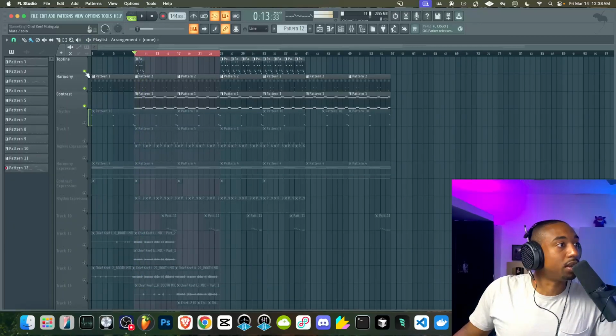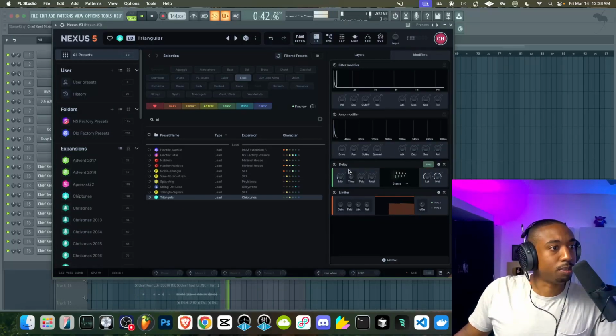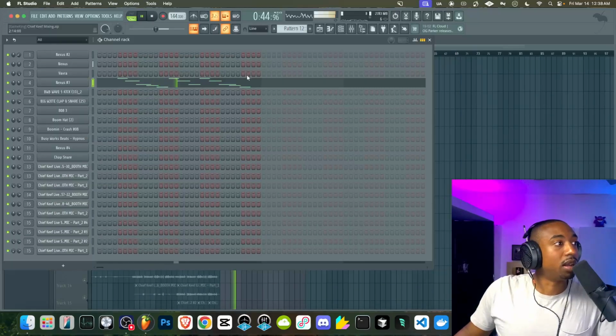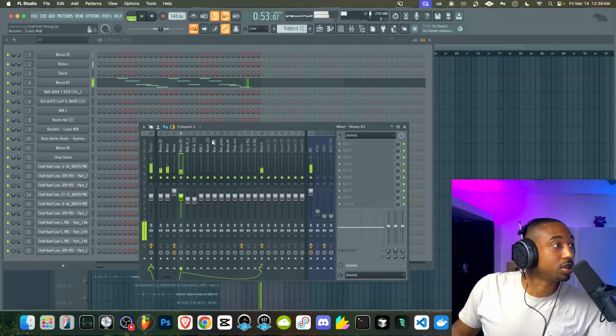Nextly, let's find our top line. I doubt the top line has reverb on it, but it might. No, it doesn't. Okay. But I do want to send that through the reverb. Let's go to our mixer. Click on the top line, send it to the reverb. And you do not need reverb in every song. I'm just showing you guys.